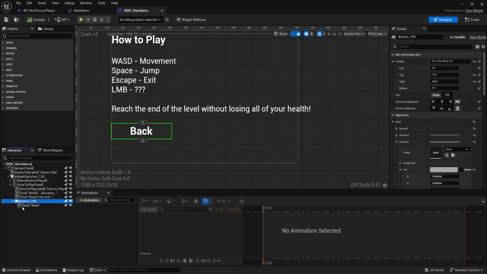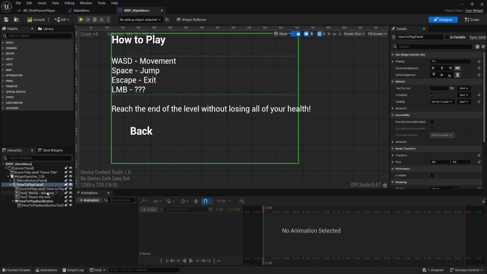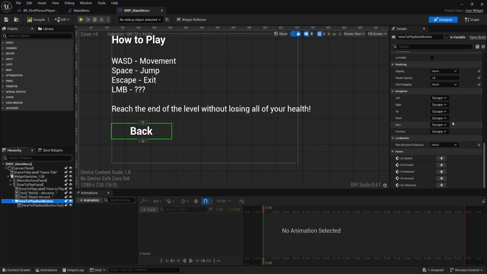Remember the button, and we probably should have labeled that as well. We'll call this how to play back button. Let's F2, Control C for the text underneath, Control V, text. Okay, so click on the how to play back button and scroll down to the very bottom and say, when